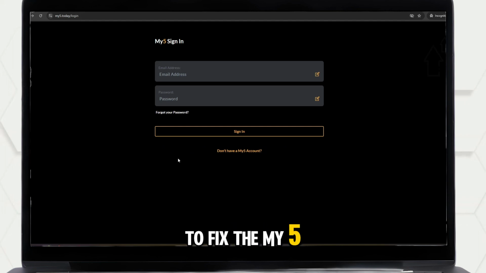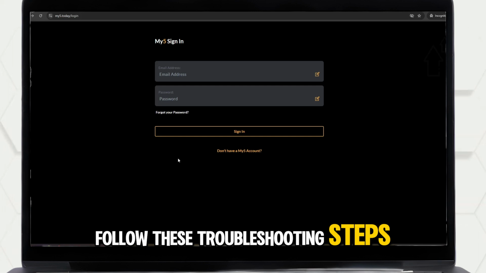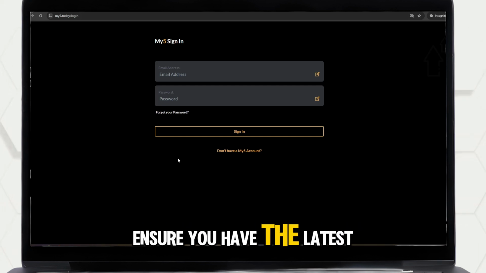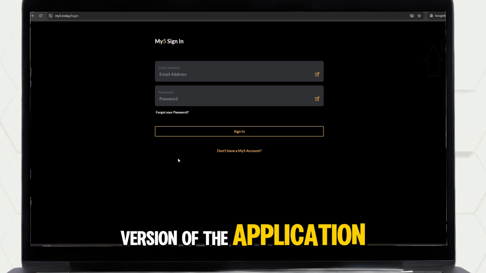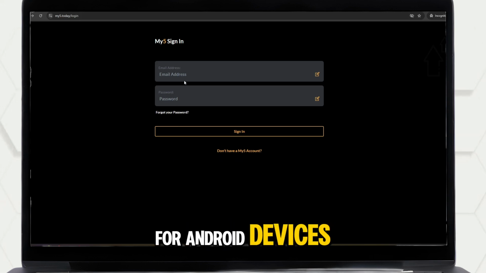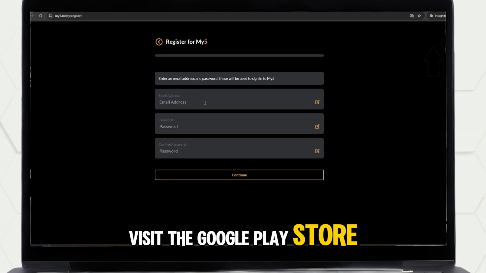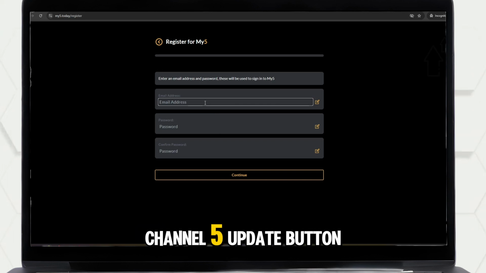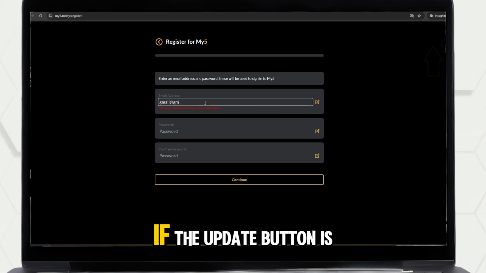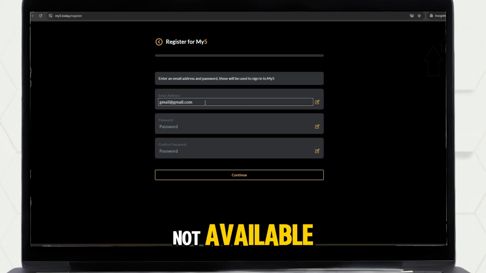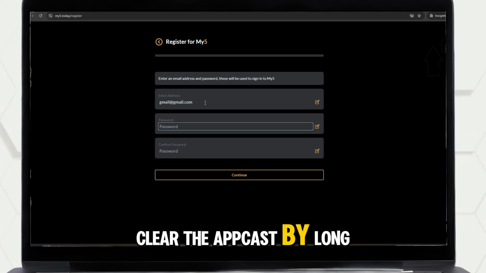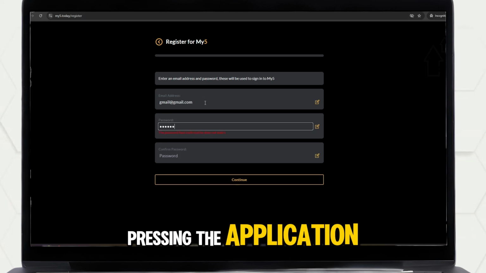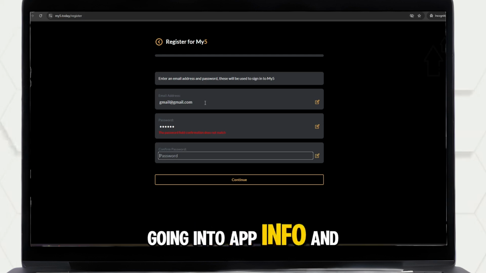To fix the My5 Channel 5 app from not working, follow these troubleshooting steps. Ensure you have the latest version of the application. For Android devices, visit the Google Play Store and tap on My5 Channel 5 Update button. If the Update button is not available, clear the app cache by long pressing the application, going into App Info, and